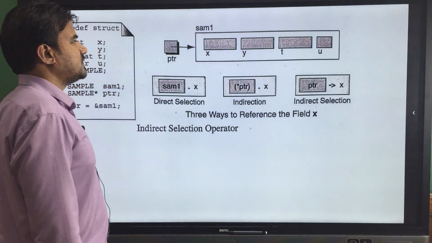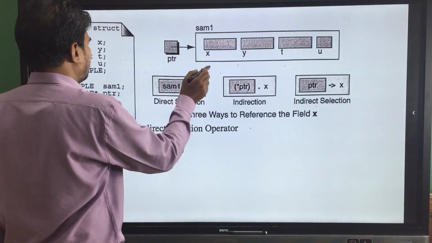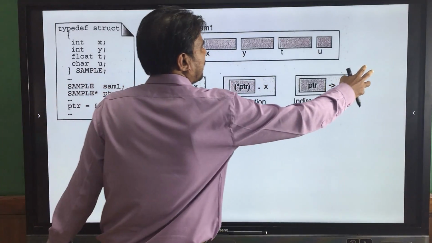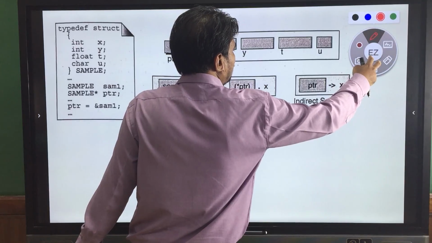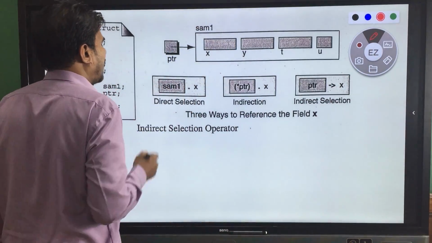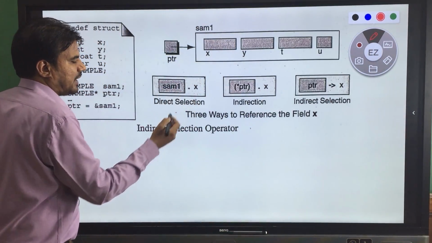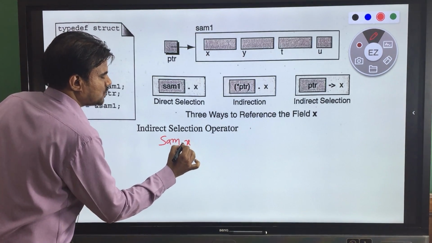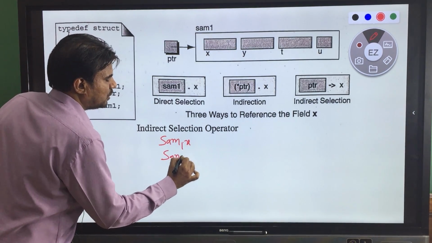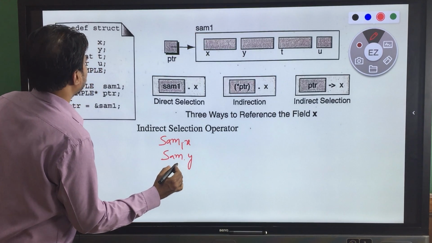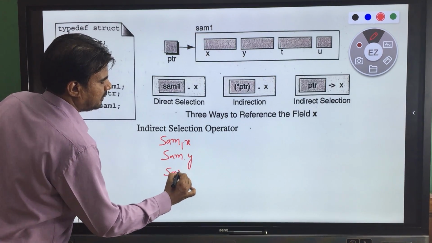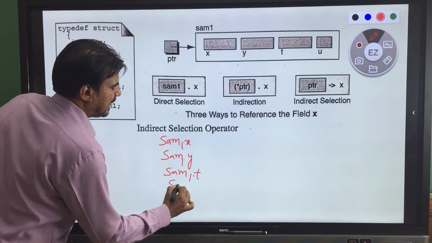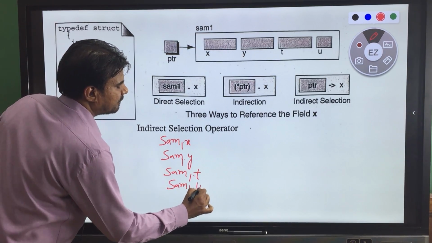I will show you one by one how you can access when you have these things. When you have the dot directly, to access X, SAM1.X; to access Y, SAM1.Y; to access T, SAM1.T; and to access U, SAM1.U. Like this we have.